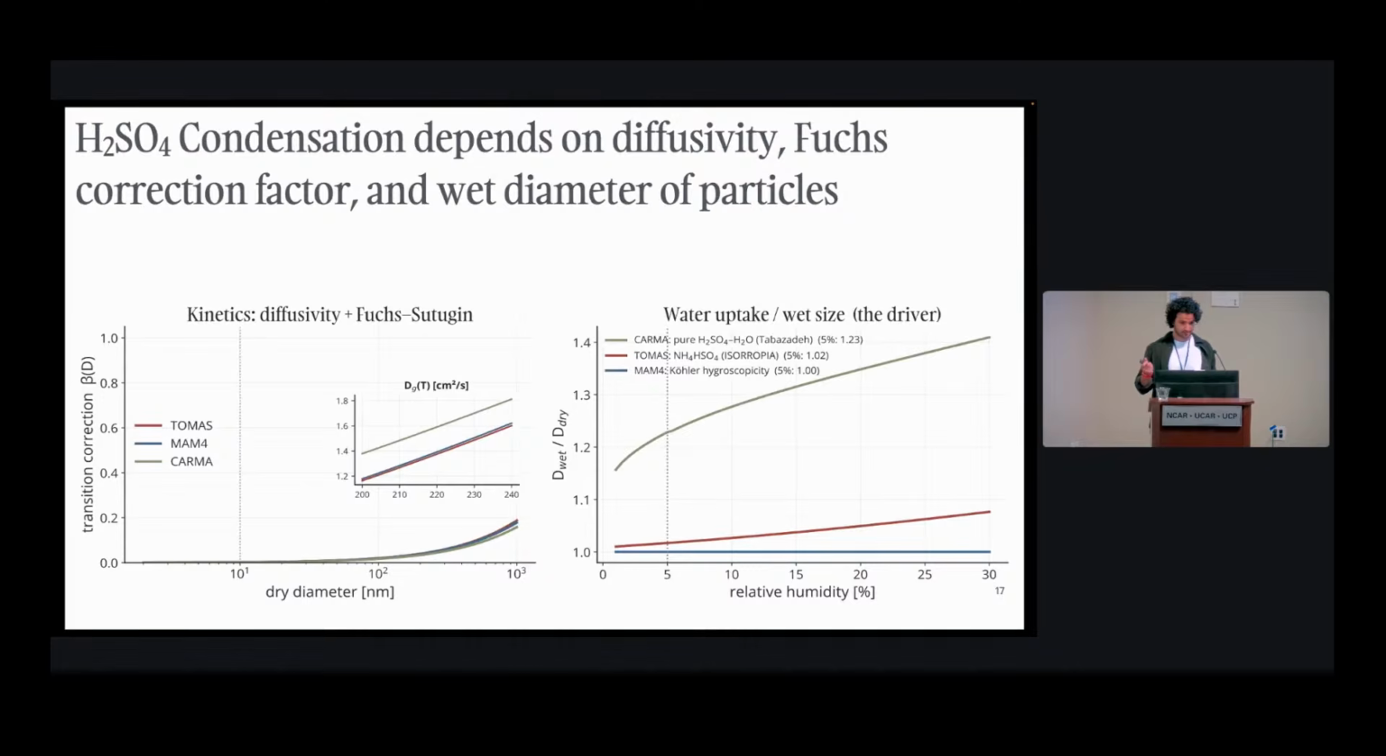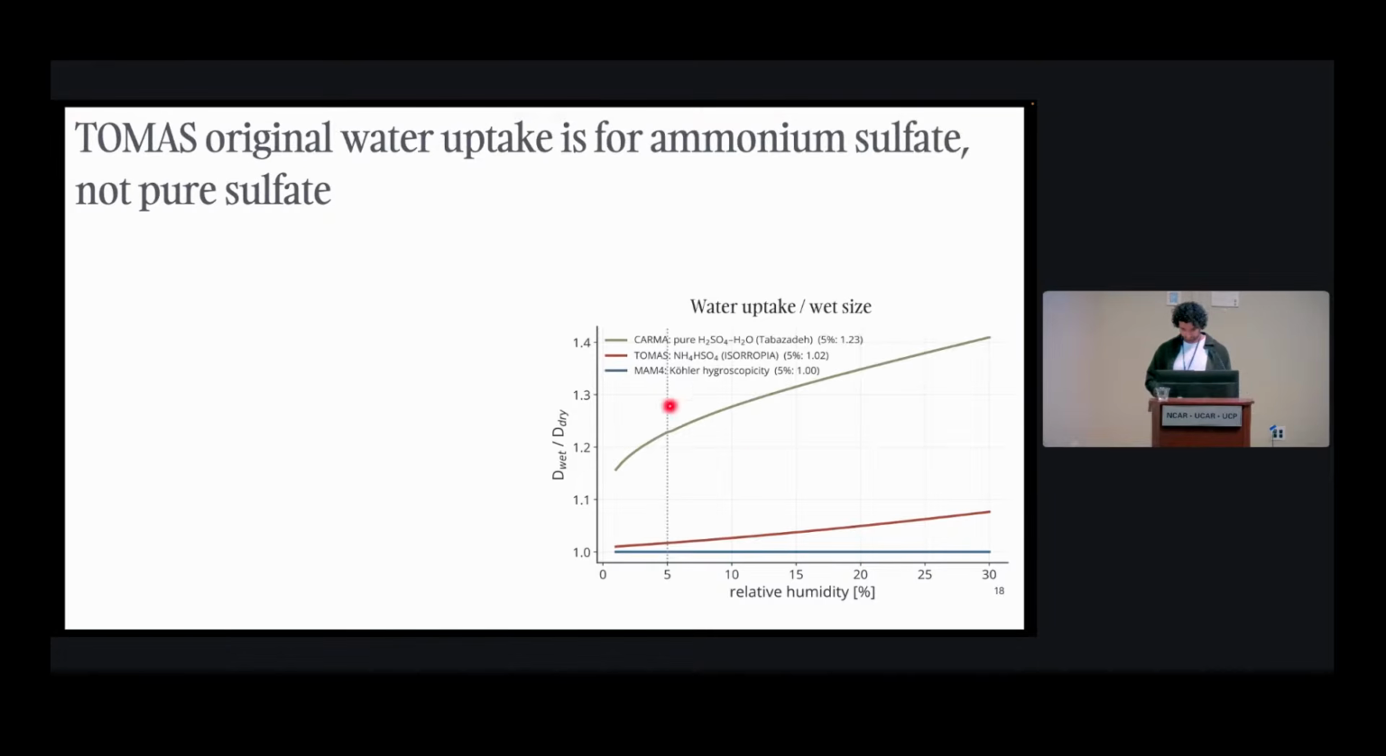So the condensation, besides diffusivity and Fuchs correction factor and water uptake, also there's 2 other factors, which is vapor pressure and also Kelvin effect. For sulfuric acid, those don't matter because it's a low volatile species. It has a low vapor pressure, so that doesn't matter. That's why I didn't include those. But if you look at the diffusivity between Karma and Tomas and MAM, you can see the differences. And the biggest one is water uptake. Because condensation depends on the wet diameter, not the dry diameter, it's really important how much water uptake you get